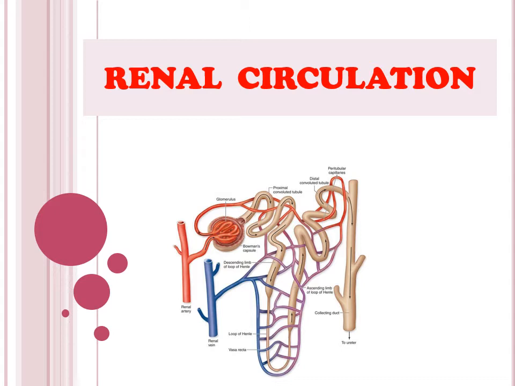But as far as the blood flow to the kidney is concerned, it is not only to meet the nutritional demand. The most important significance of this high blood flow is the removal of the metabolic waste product through glomerular filtration. You know the basic function of the kidney is to filter the plasma and to remove the metabolic waste product. So that is another significance of a high blood flow to the kidney.